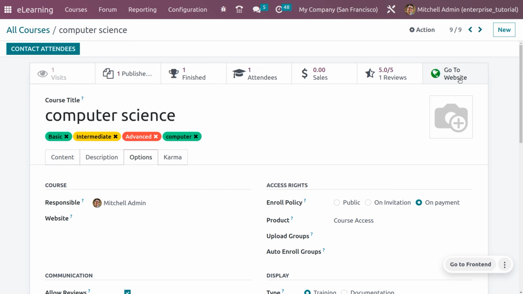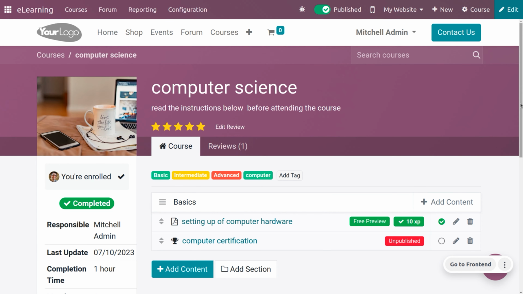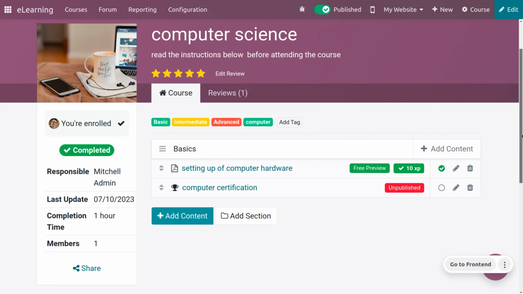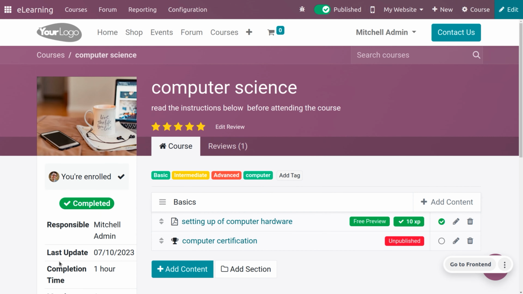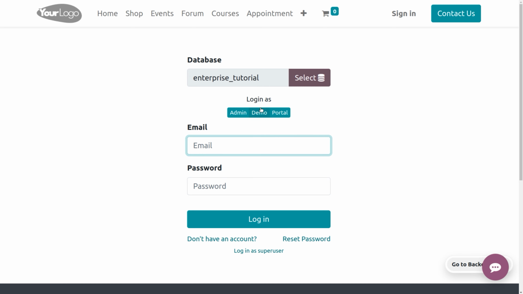and you can just go to the website. As you choose the invoicing policy as payment, you would be able to see that mission admin has already enrolled in the course, so he cannot purchase it again. If you want to see how the payment mode works, just log out from this and log in as another user. So let me log in as a demo user, and